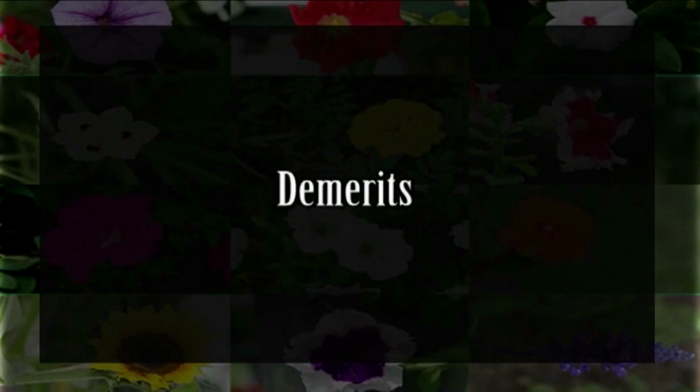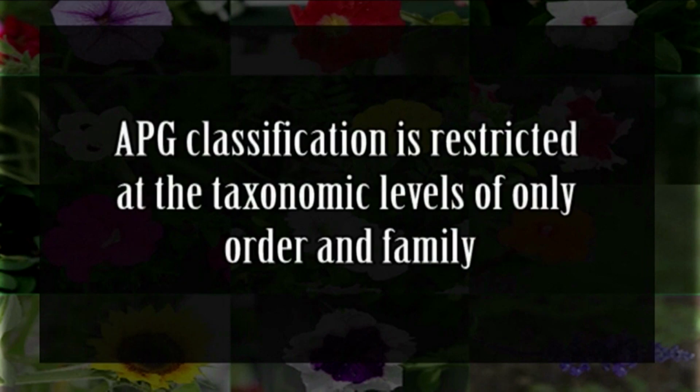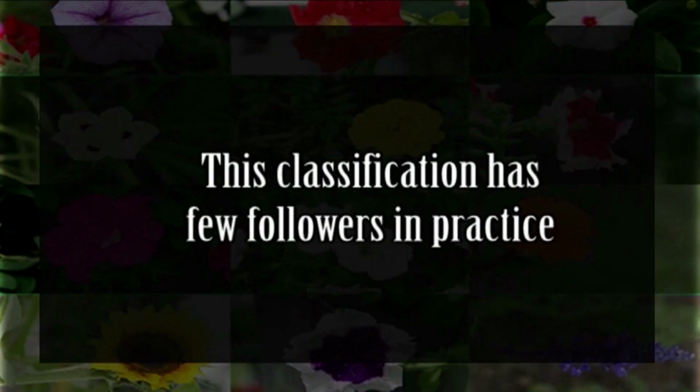Now let us discuss some demerits in this classification. APG classification is restricted at the taxonomic level of only order and family. We know in previous classifications we had the ranks like division, class, order, family, genera, but it is restricted only for order and family. This is one demerit. One more demerit is the classification may seem to be sound in theory, but it has still found few followers in practice. Although the majority of the families or genera have been recognized as monophyletic orders, yet there are few unplaced